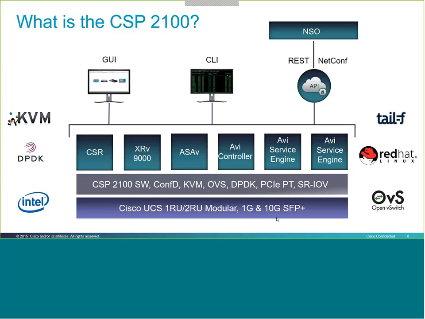So based on the particular VNFs that you're running and the capacity and throughput you need and the performance, you can pick the appropriate configuration. And of course, on top of that, the software layer, all the value is around the CSP software that we've developed over the last 2 or 3 years. We're leveraging ConfD under the covers along with Linux. And we also do use OVS, and then for performance, both with Avi Networks and other services, you do have